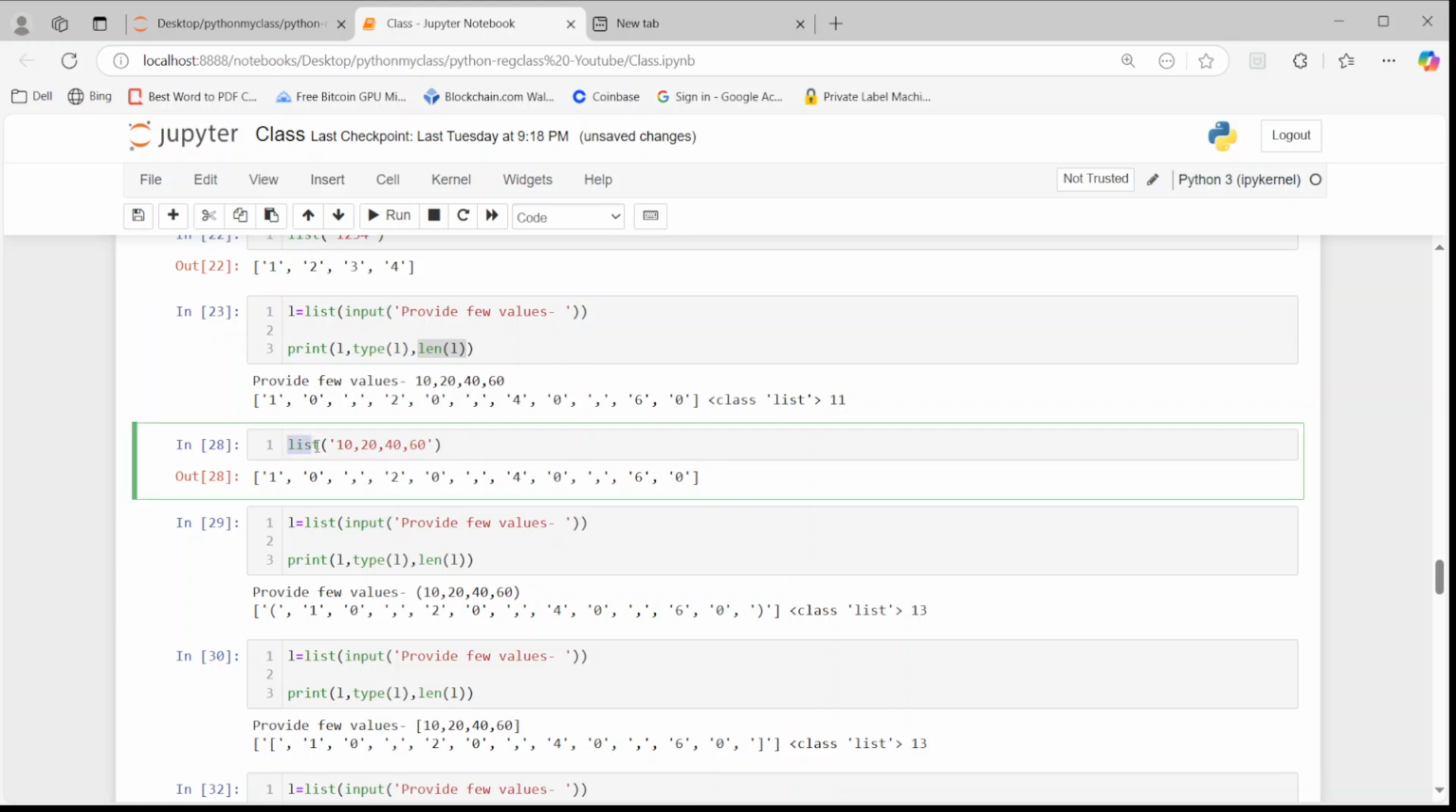that same thing I've shown here only with list. Then inside here I've given single quotes, and inside the single quotes I pass these values 10 comma 20 comma 40 comma 60, so we get a list. And here the same thing: 1 separate, 0 separate, comma separate, 2 separate, 0 separate, comma separate, 4 separate, 0 separate, comma separate, 6 separate, 0 separate. Okay, if you just run this cell via shift plus enter,